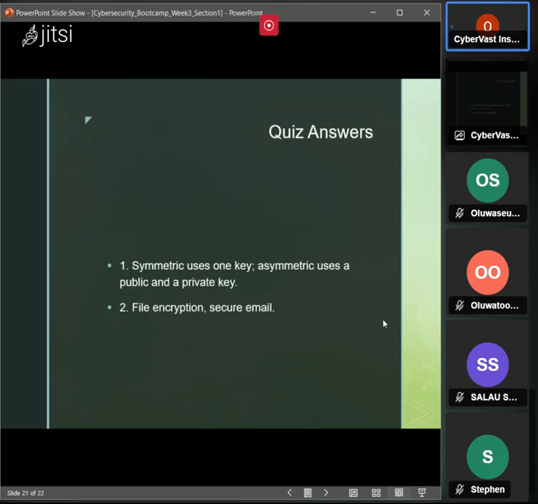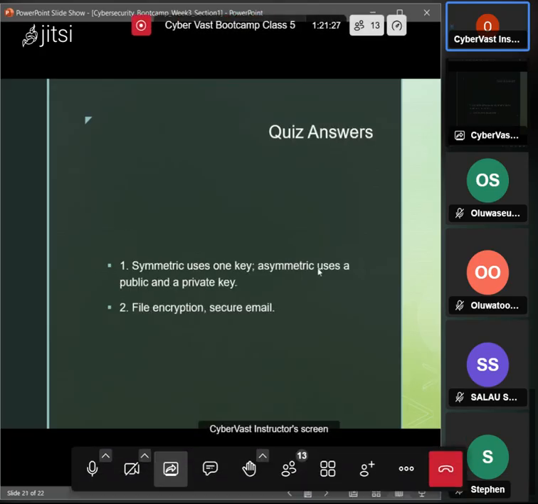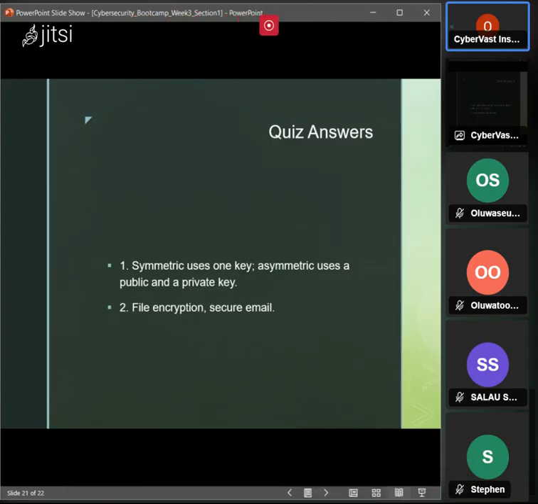All right. So our answers: symmetric uses one key, then asymmetric uses a public key and a private key. Of course, if you have paid attention in this class, you must have actually grabbed that. Then file encryption, secure email, cloud security, file transfer, data transfer. There's a whole lot of places, cryptocurrency, where encryption can be